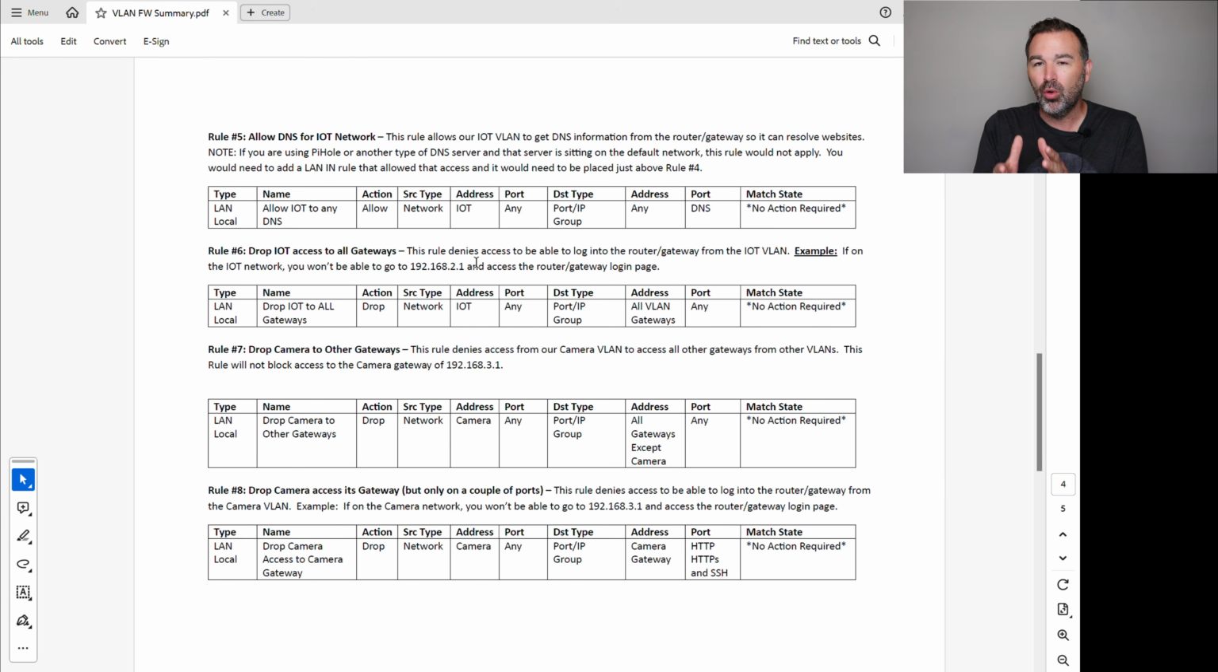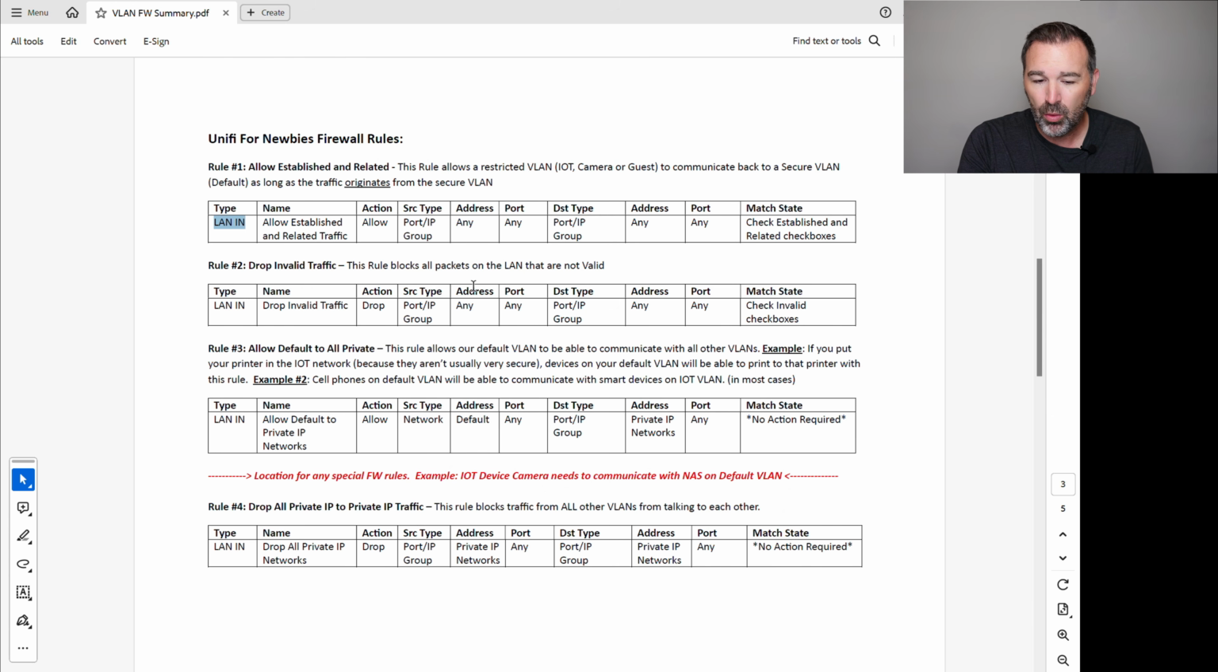So the LAN local blocks traffic from the VLAN or device on a VLAN or whatever to the router itself. And you're going to see we're going to have to create some allow rules and deny rules to make this all work, okay? But those are the rules that we're going to do. And we're just going to take them one at a time, talk through them, and go through this very slowly, okay? All right, so the first rule we're going to create, rule number 1, we are going to allow established